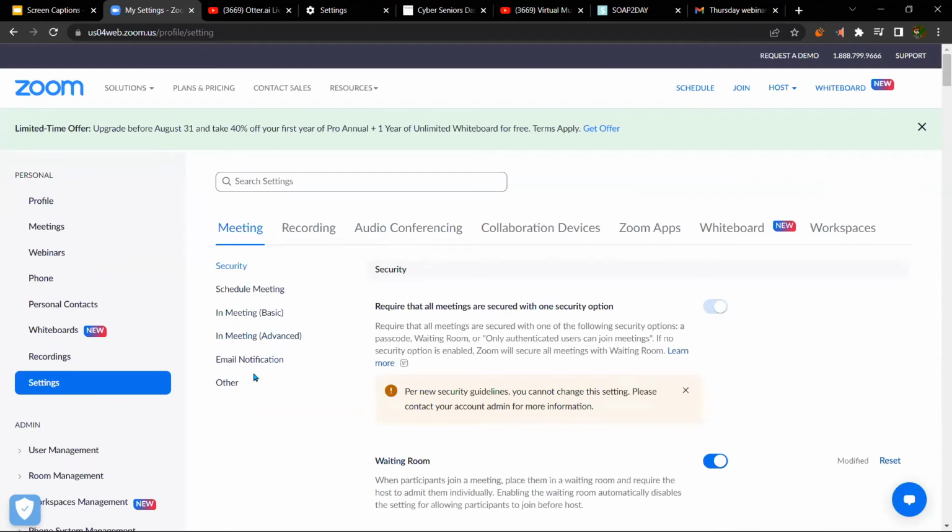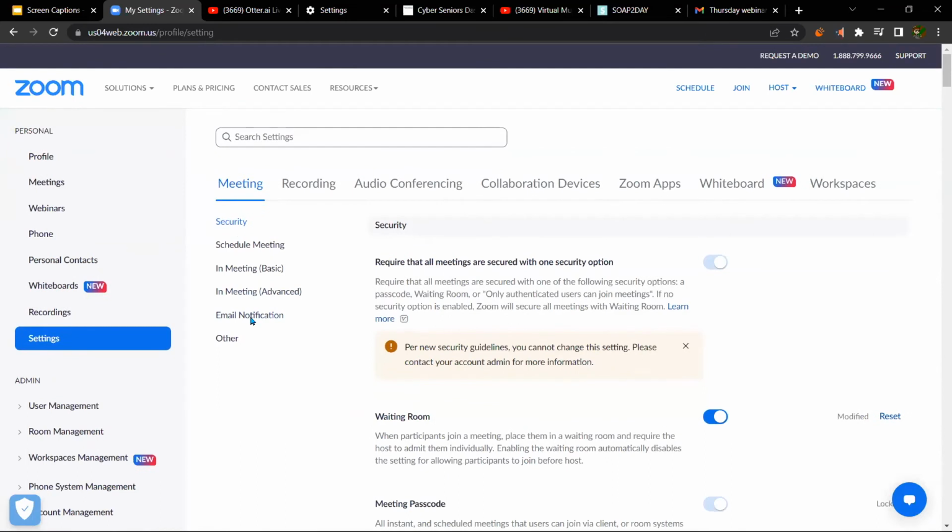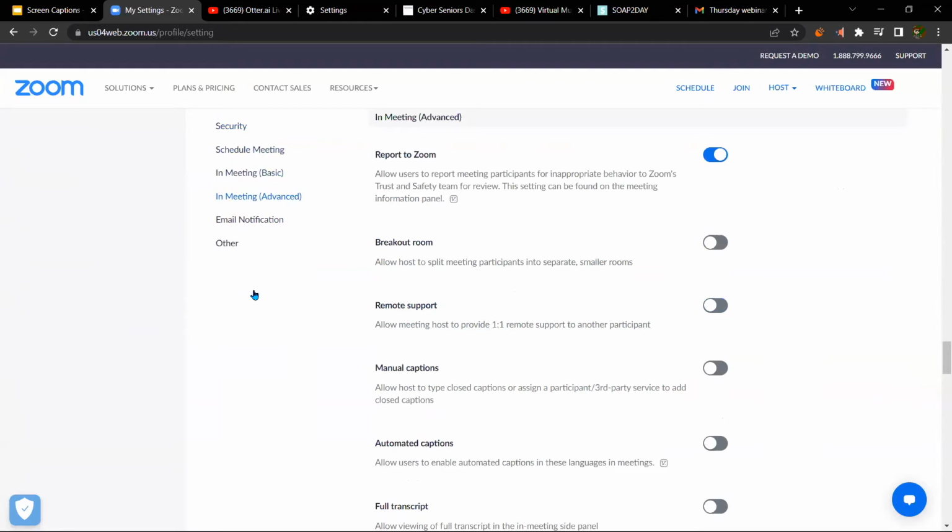And then email notification and others. So here you can change a bunch of settings, like if you want notifications on your email and stuff like that. But where we're going to be going is in meeting advanced. There's going to be an in meeting basic and advanced. Click the advanced one. And then once you're over here, there will be a bunch of options. You're going to want to find